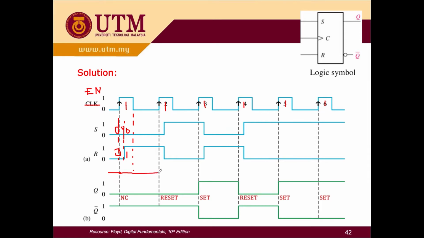Then it will remain the same until you have another value of 1 over here, and you have this dotted also. First you will get 0 1. 0 1 is reset and it will change to another here, it is 0 1 0 1 0, it will set. So it will be like this until